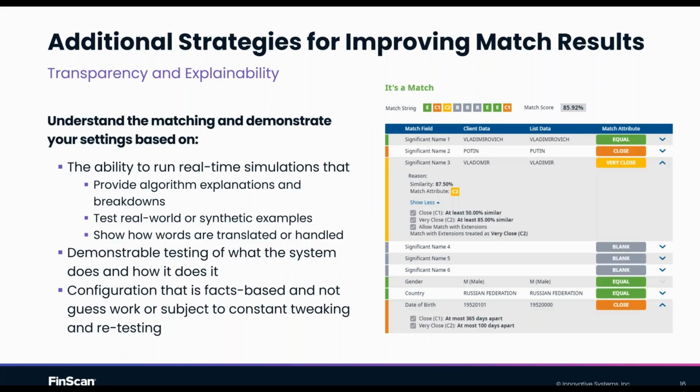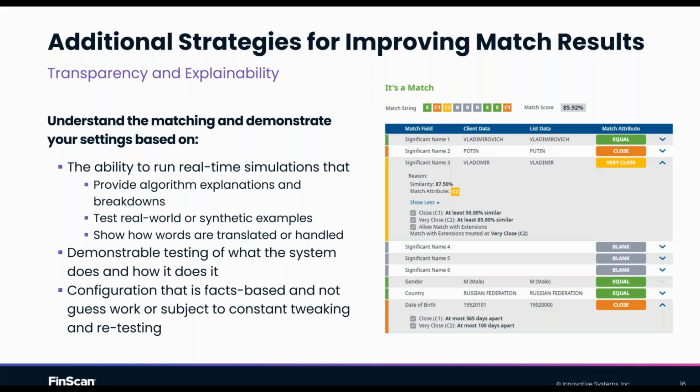And transparency goes a lot further than just saying, I know what the outcome is going to be, or on a batch, so that I can provide resource allocation, I can provide documentation of my testing. As Steve, you alluded to earlier on, being able to understand what the technology actually does is key to being able to say, I am in alignment with the obligations and the guidance from the regulators.